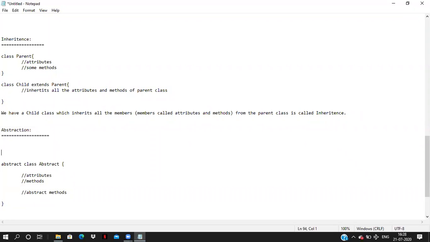Tell what is the definition of abstraction. In a class, if we know